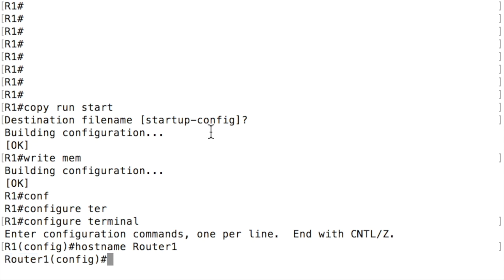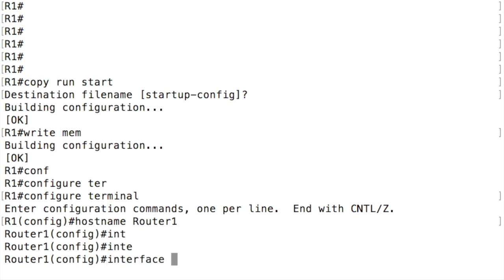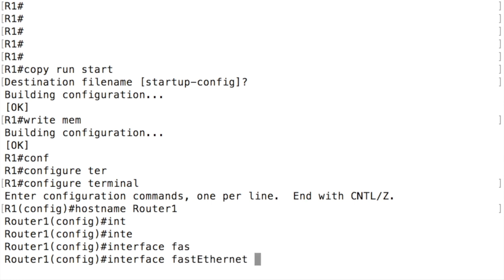To configure the IP addresses, we have to be very specific about the interface we are configuring. At the configure prompt, I specify the interface we are looking to configure. So interface FastEthernet 0/0, or alternatively I can use an abbreviated command instead of interface FastEthernet 0/0. I can just say int f0/0,